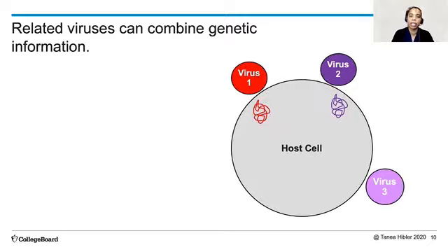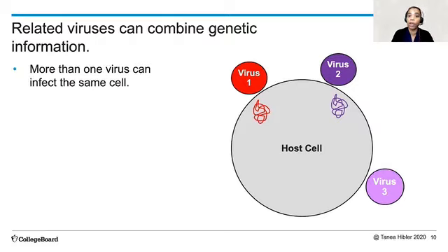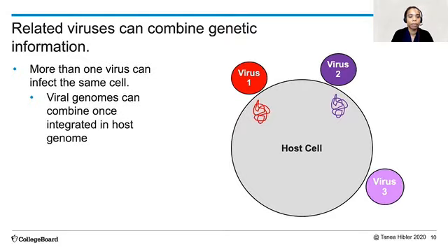Related viruses can combine genetic information as well. More than one virus can infect the same cell. Viral genomes can combine once they're integrated into the host genome. So here we have virus 1 and we have virus 2. They have both infected the same cell, and their information is going to be integrated into the genome of the